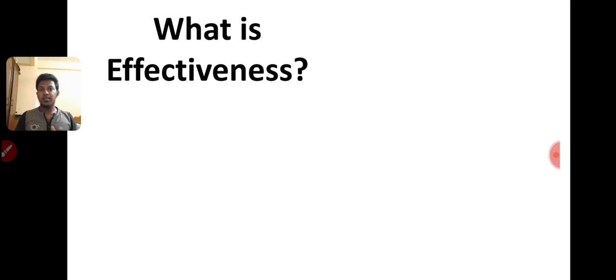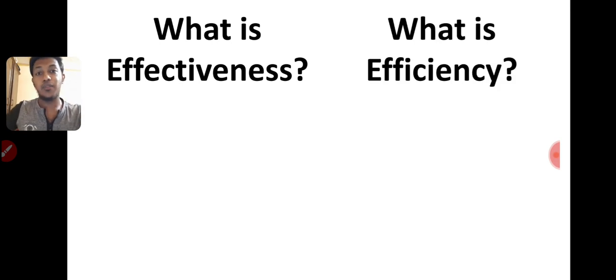Then the next topic is effectiveness and efficiency. What is effectiveness? What is efficiency? Very simple. I will give you one example, and you will understand what effectiveness means. For example, you are going to buy the study pack of BL4, Business, Environment and Economics. You are going to pass the BL4 subject this time. So you should study the study pack. You should buy this study pack from the Chartered Institute. If you buy the BL4 study pack and bring it home, that is effectiveness.